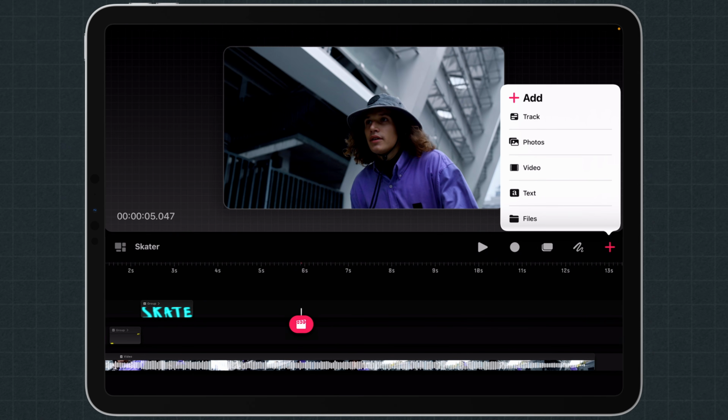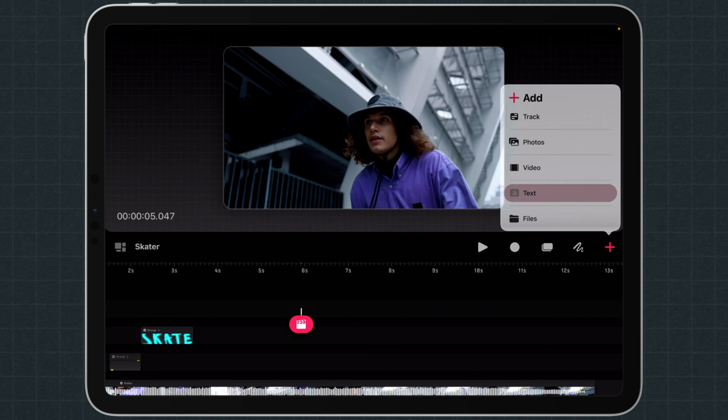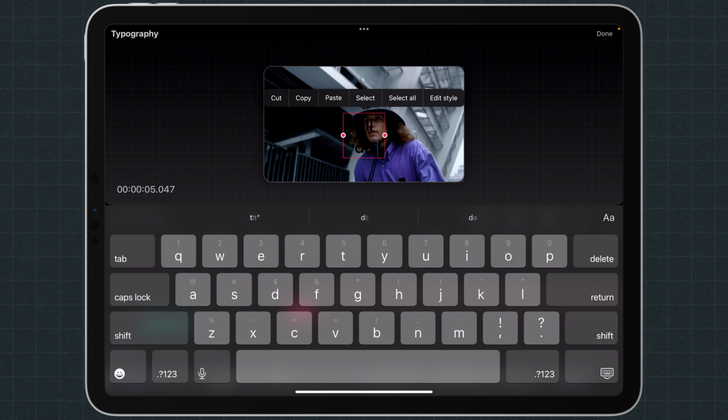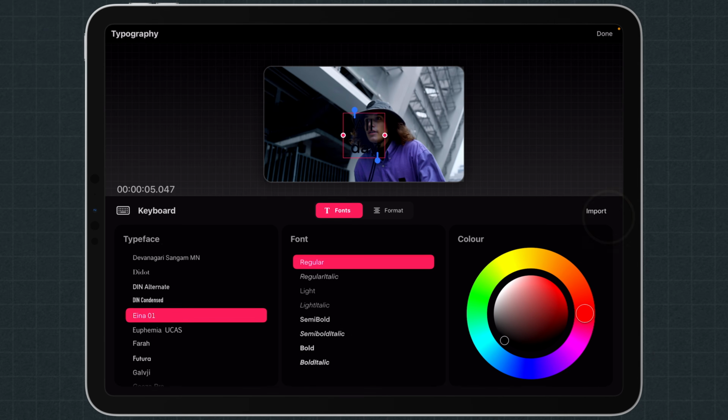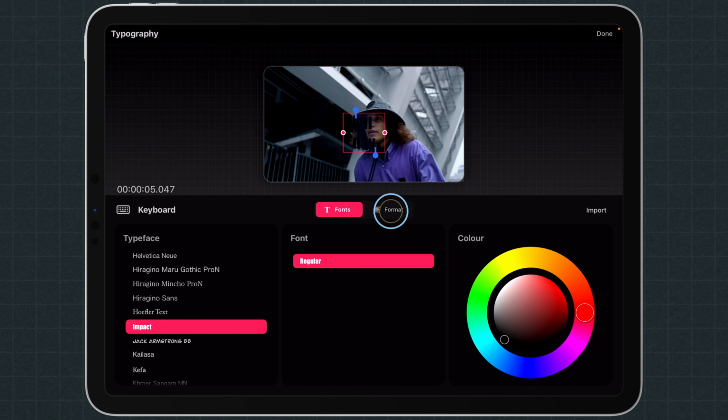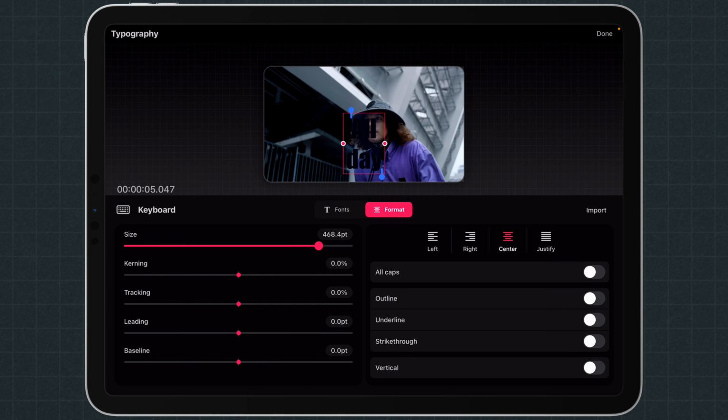Again, I'm going to create another track, and then on that track, I'm going to add some text. So on this text, I'm going to go all day. So it's effectively saying skate all day. Going to double check on this here, select all, and then over here, you can go to the edit styles. So let's go something big. We'll go all Impact, and then we're going to just increase the size of that. I'm going to keep it on 2 lines. Let's go all caps. And we are going to not outline it. Yeah, let's just make this a bit bigger. We'll adjust the kerning a little bit.